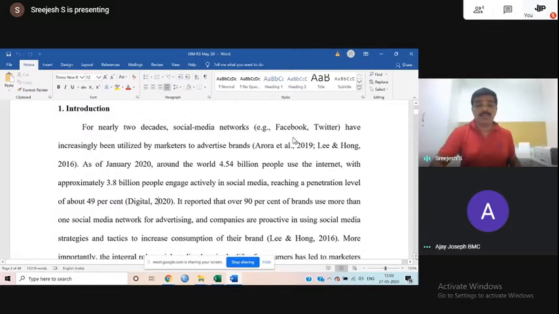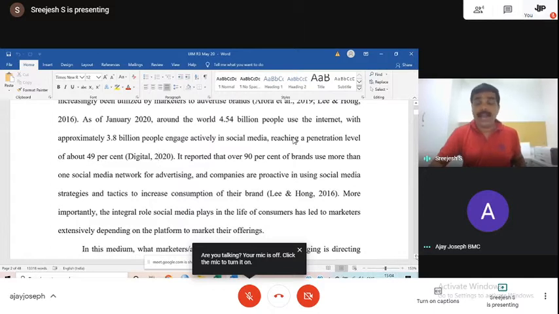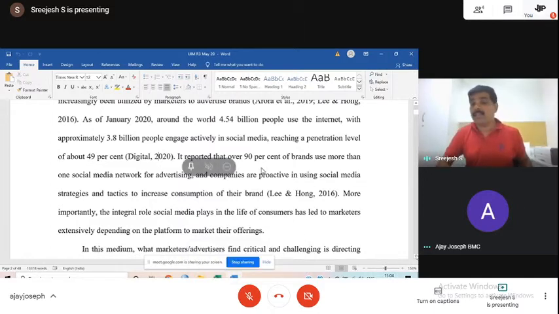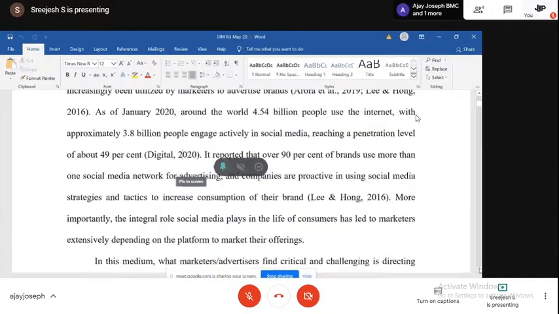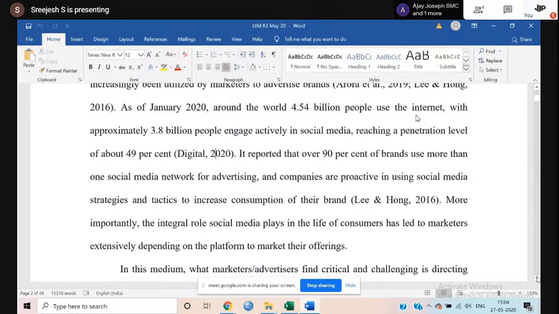Remember, make sure that sentences are very simple and easily readable. At the same time, in the first paragraph, you need to introduce the topic. When you are introducing your topic, you need to make sure that you are citing very recent works and recent reports or something like that. Ultimately, the objective of the first paragraph is to introduce the area, whatever area you're working in. That's it. And after that,